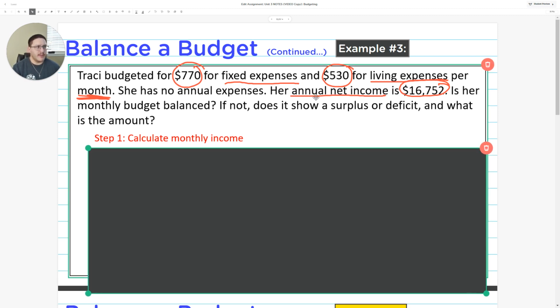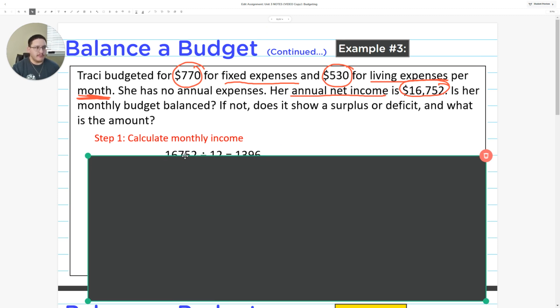I'm assuming it's because for living expenses, those aren't fixed, and so we're only going to be looking at it for this particular month. $530 could be different the next month. It could be $570, depending on whether that person gets specific groceries or not. So this is probably why we're going to go from annual net income to monthly net income instead of just figuring out what we spend for the year.